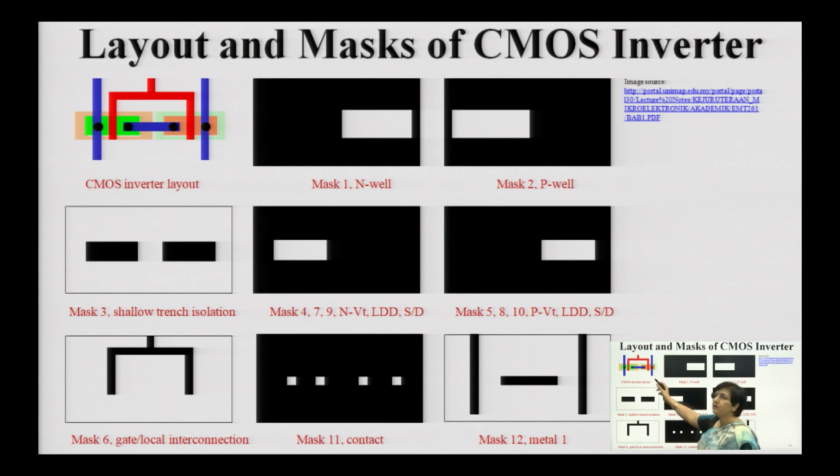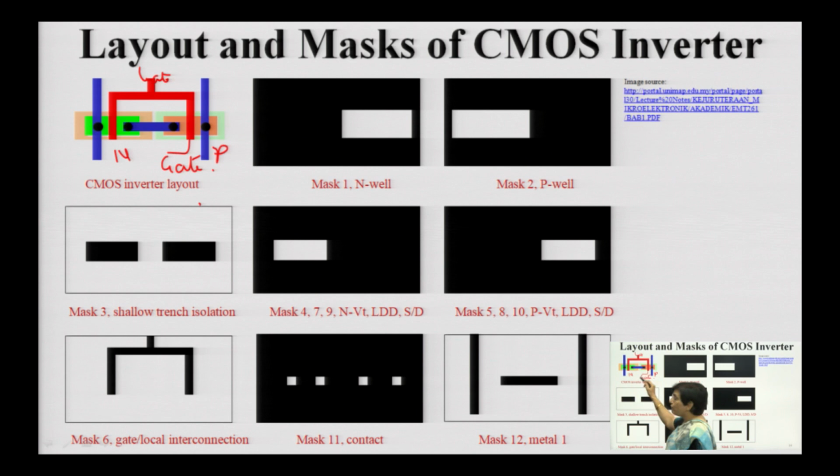Here is a simple CMOS inverter where you have a diffusion area. Please understand, here it is a diffusion area which is creating the NMOS, and here you have the PMOS. Both these MOSes have a crossing of poly. This red is polysilicon which is basically connecting your gate. This is the gate area. This is my N type, this is my P type, this is my gate, and this is my diffusion area.